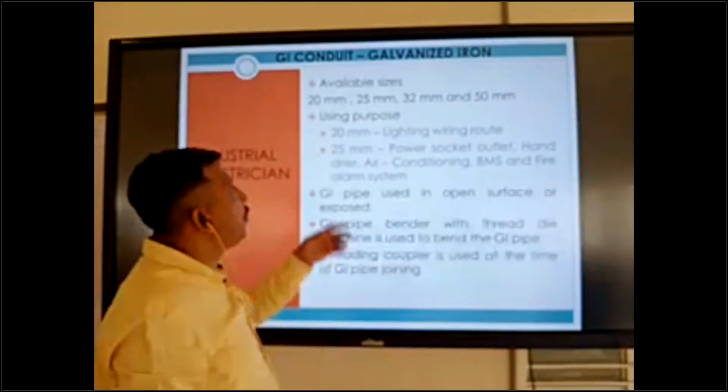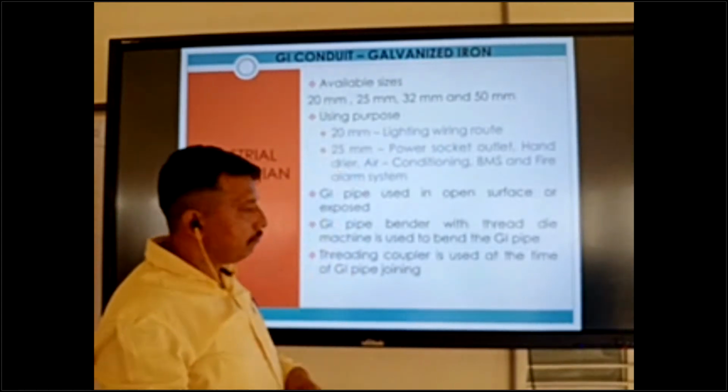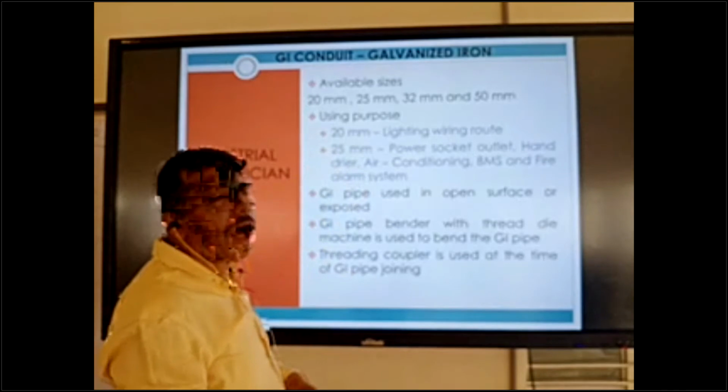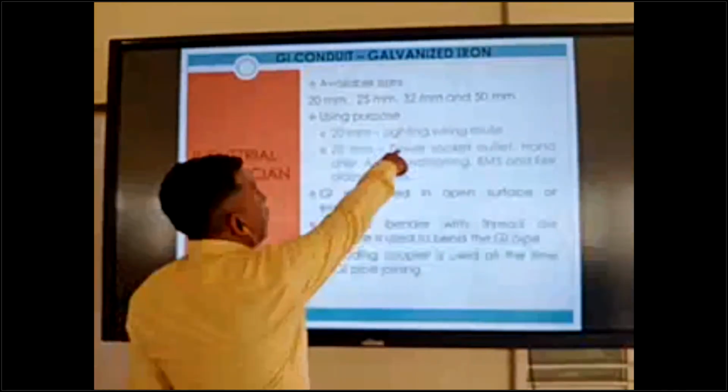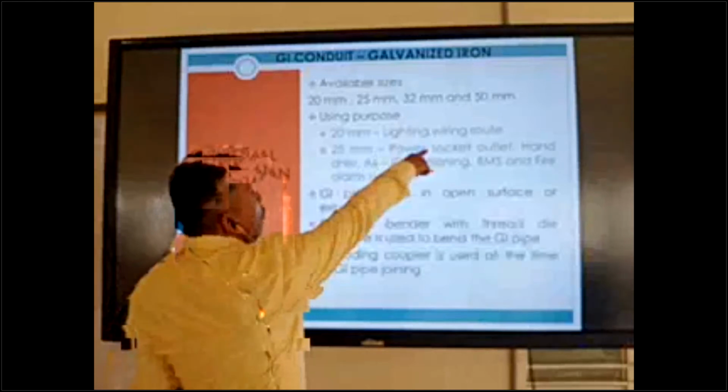The using purpose is also the same. 20 mm we can use in lighting wiring hood, same like PVC, but not inside the slab. 25 mm.